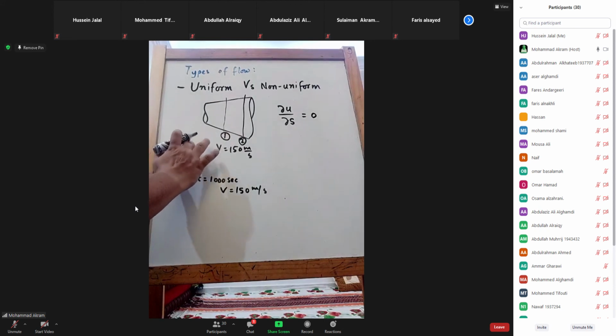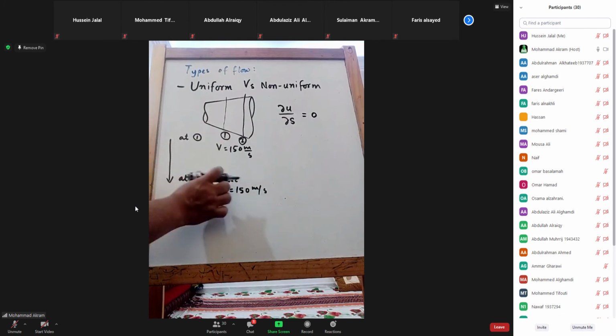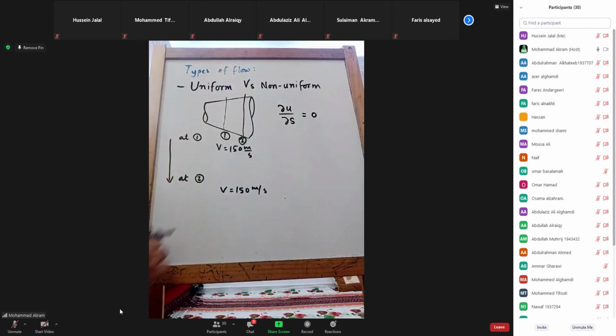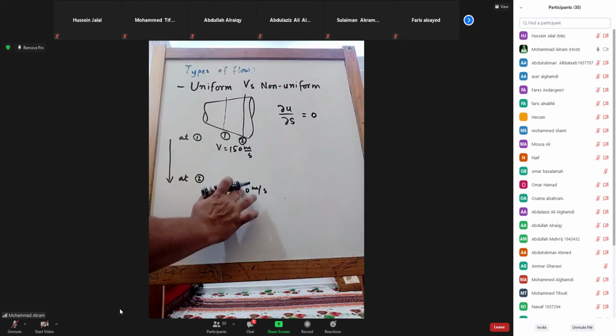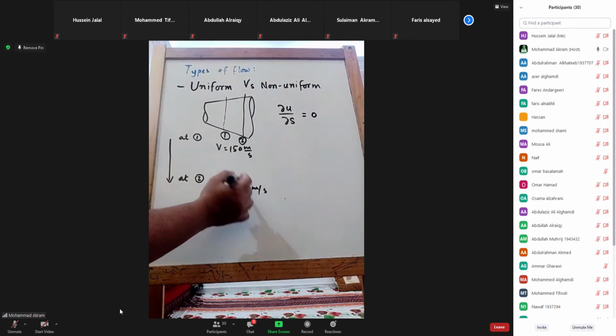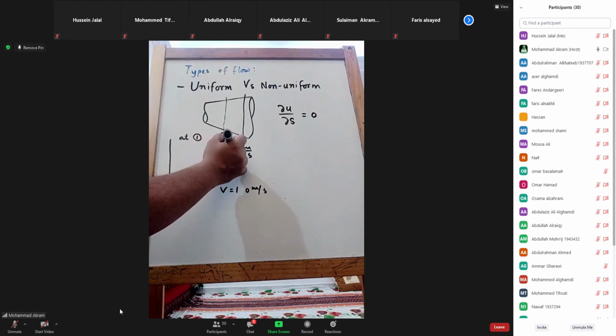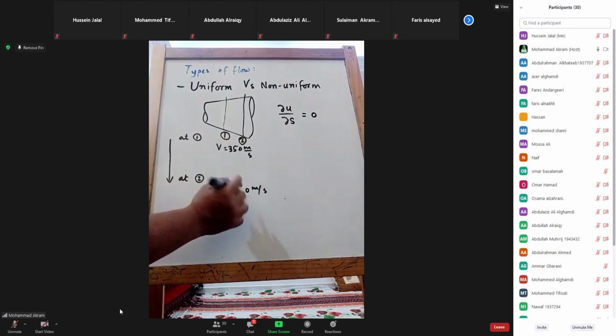If at 1 and at 2, I will just take some other values. Say this is 350 at 1 and it is 400 at 2 in this diagram. Then